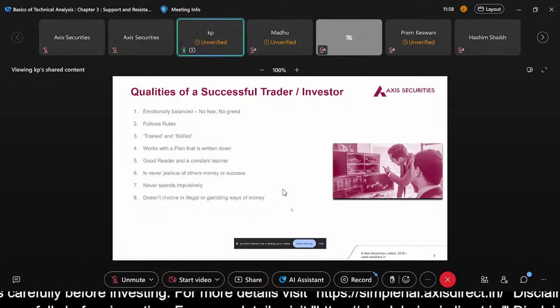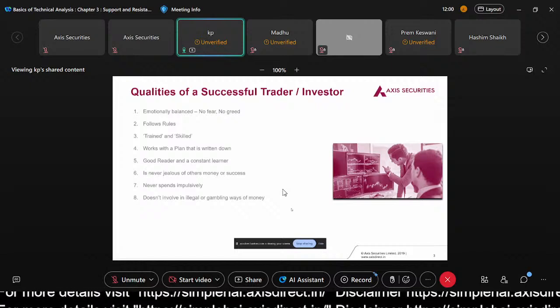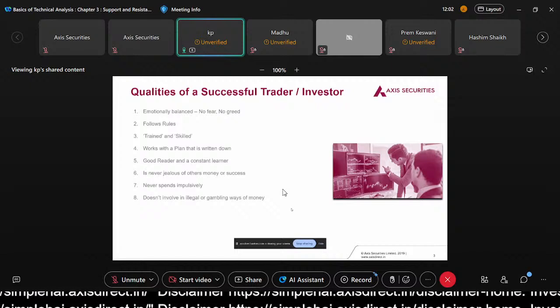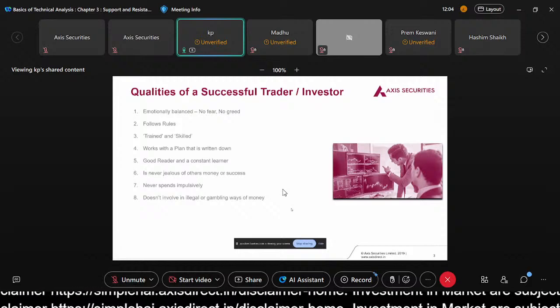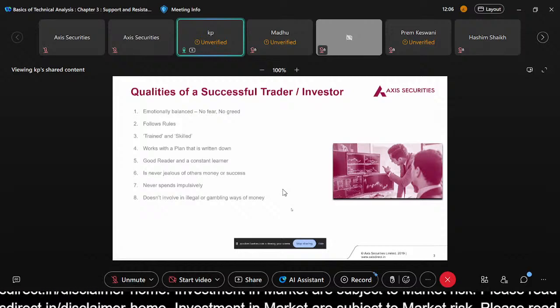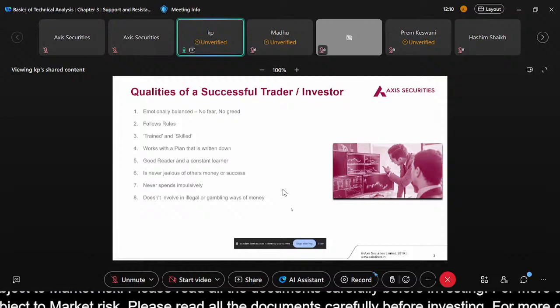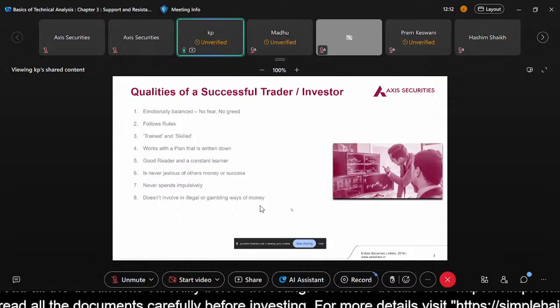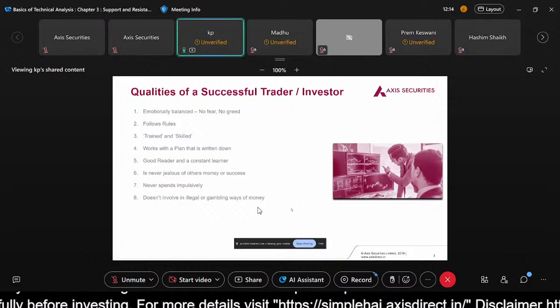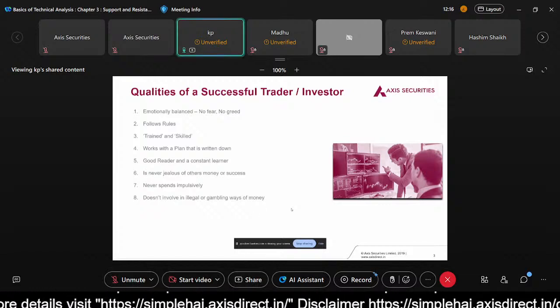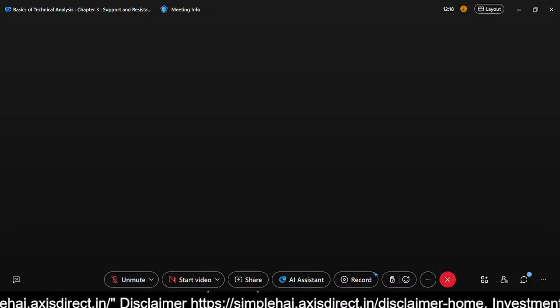And jealousy is something that you should never have when it comes to trading, because if you are earning x and the other person is earning x plus 1, or x plus y, then you should be kind of satisfied with what you are making, because otherwise it would include greed in your trading system, and it will completely mess up everything. And never spend impulsively. Now